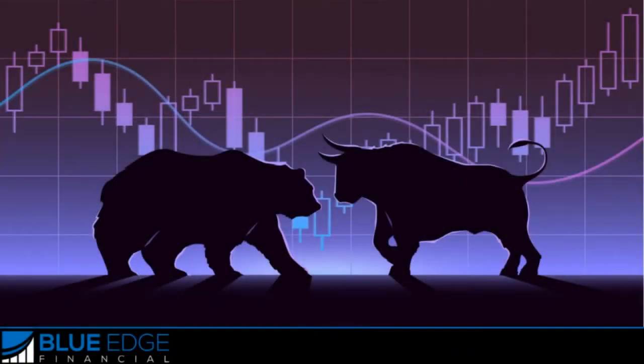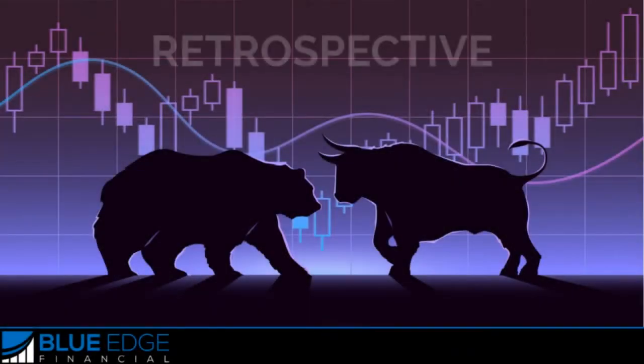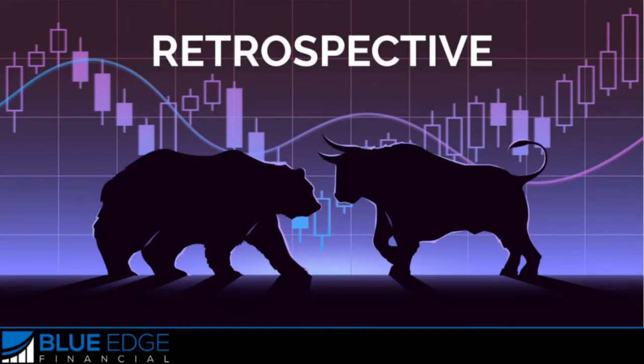The next must-have for your trade journal is called Trade Retrospective. Being retrospective means to take a look back at events that already have taken place. In this case, we're talking about looking back at trades that have closed, whether you won or lost them, and analyzing them to see what you did right or wrong.